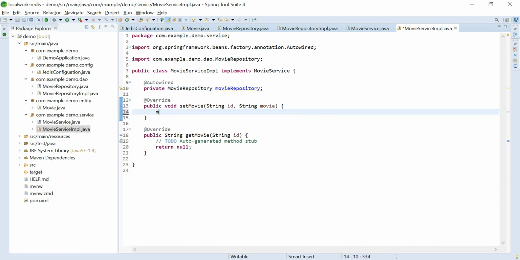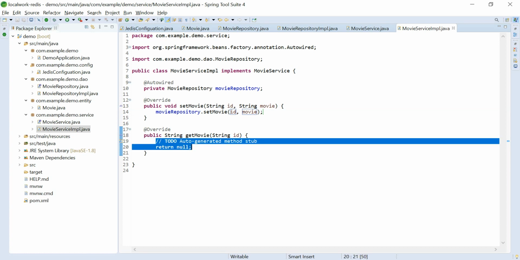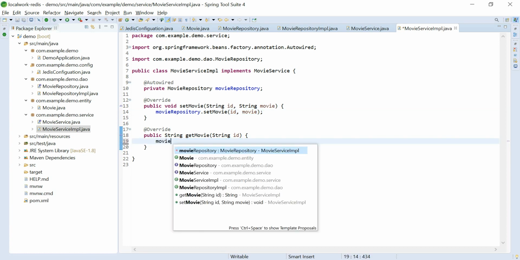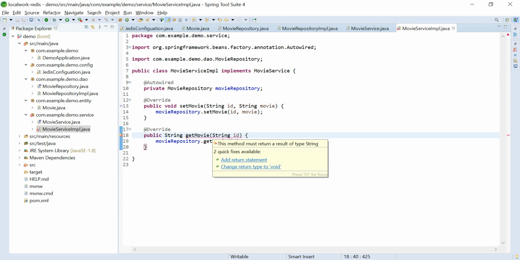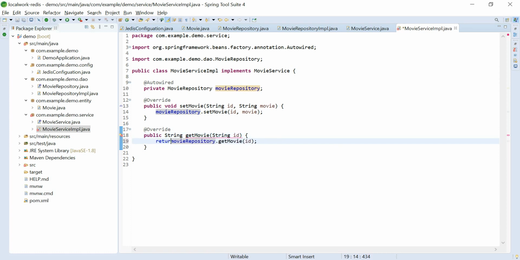Here we call movieRepository.setMovie with the id, and movieRepository.getMovie, and we return that value.